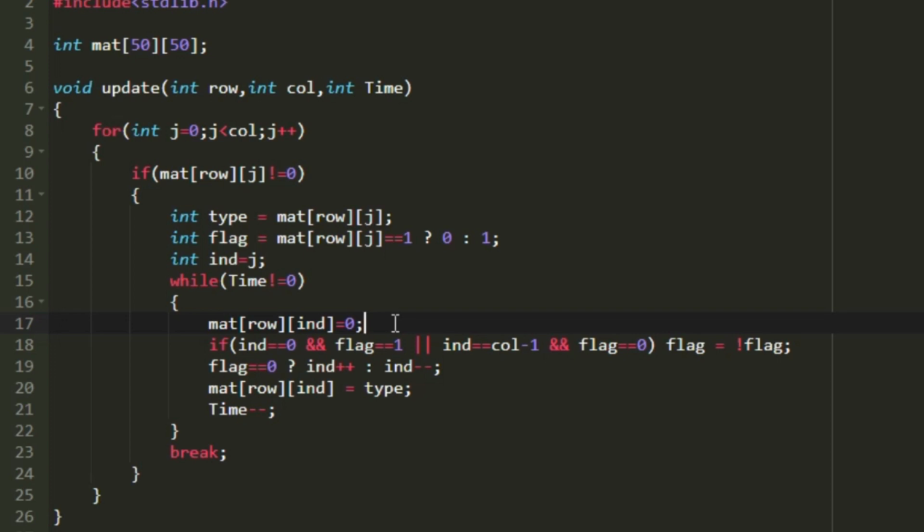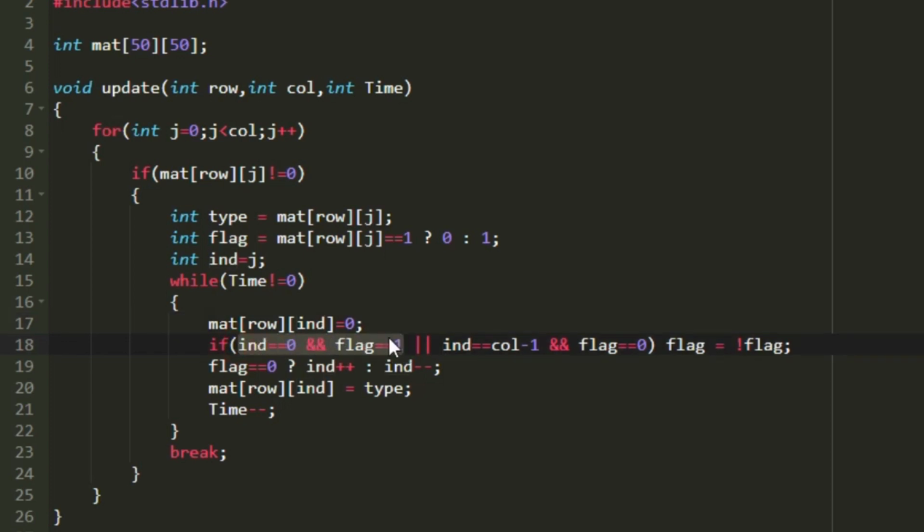Now before moving either east or west direction, we have to check whether it is possible to move in those directions. If we are present at the index 0 and our flag value is equal to 1, then it won't be possible, because if flag is equal to 1, it means that we are moving towards the west direction.